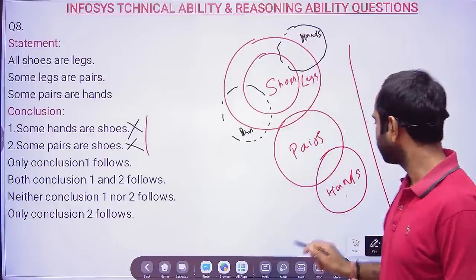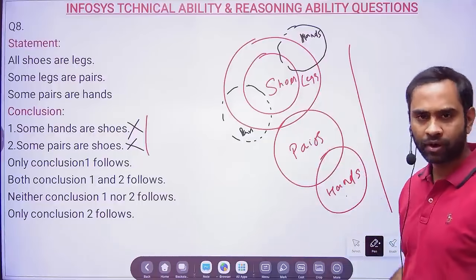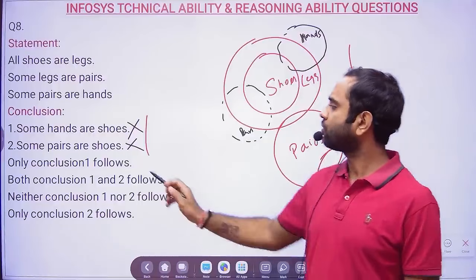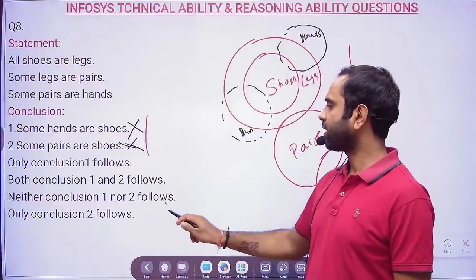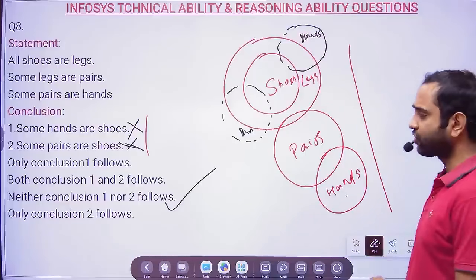Some pairs are shoes. Pairs are legs, that is confirmed. But pairs may or may not be shoes, so that also again I am not sure here. So my answer will be neither conclusion 1 nor conclusion 2 follows. In this question only,